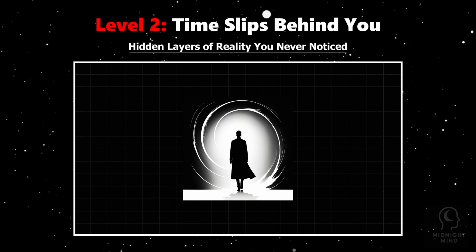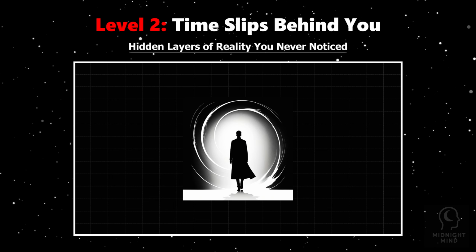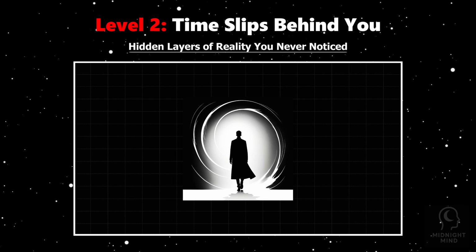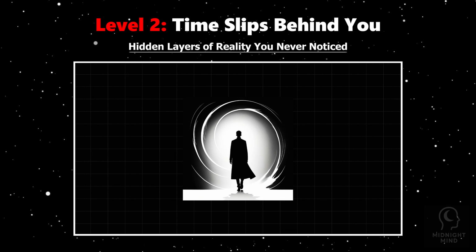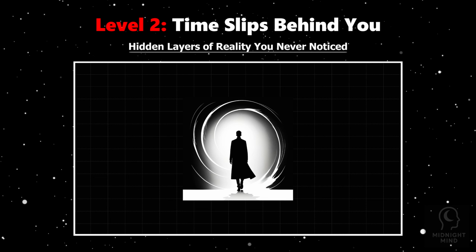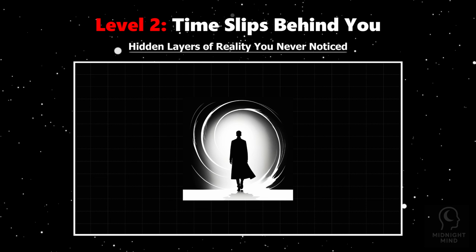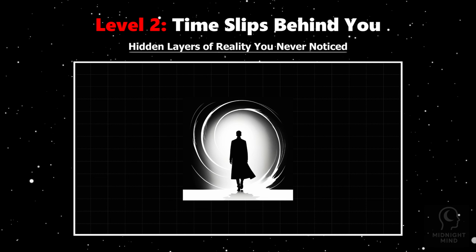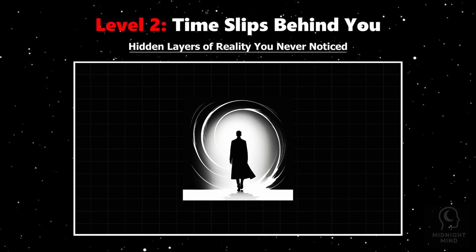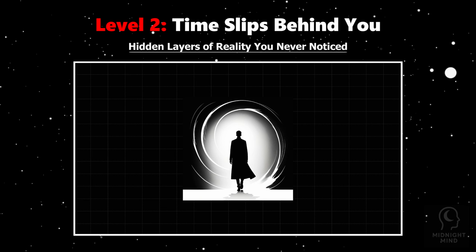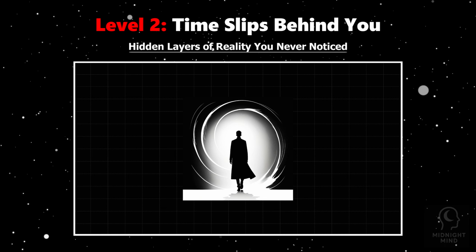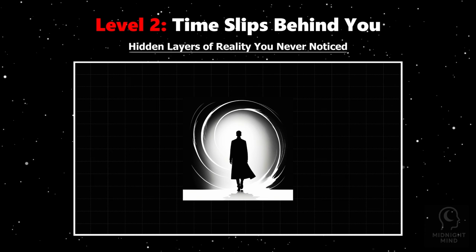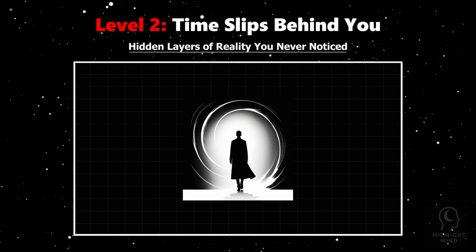Even the famous block universe theory suggests all points in time exist simultaneously, but we experience only a thin, moving slice. The rest, the past and future, are fixed, layered behind us or ahead, unreachable, yet still present in some form. So, you never truly move through time. Instead, time drips and stacks behind you like a silent, invisible cloak of missed chances and forgotten moments, always accumulating, always there, yet out of reach. This deep, layered nature of time challenges how we perceive our own existence, identity, and choice itself.